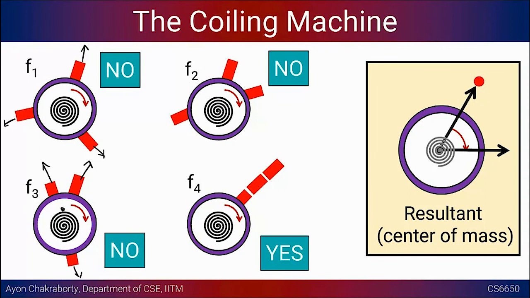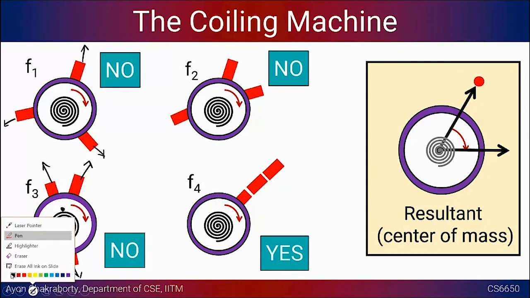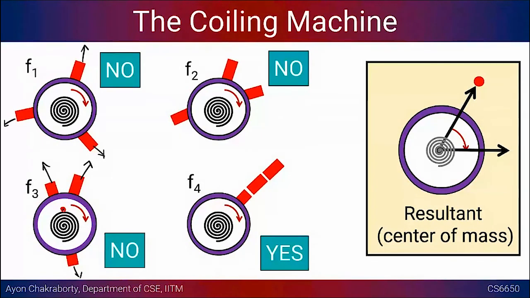Maybe the center of mass is here, right? Maybe I'll choose a different color. Okay, maybe the center of mass is here. In this case, the center of mass could be in the center, whereas here it could be somewhere like here, right? And in this case, the center of mass could be way out of this circle, and it could be something like this, right? So if you see, the resultant center of mass could be one approximation of the Wi